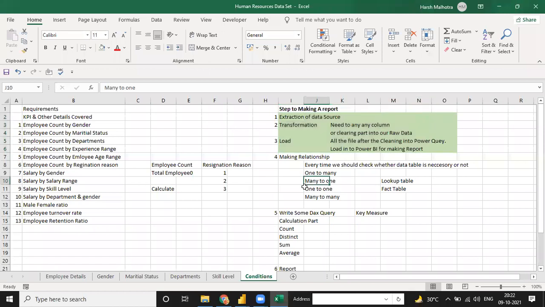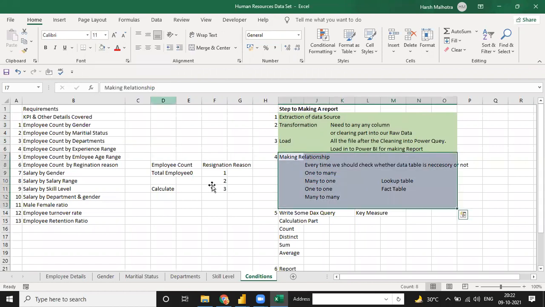So for the next step, we have to make a relationship, and this is a very important part. I just made it blue. Why is it important, guys? Because if you make a correct relationship, it will help you make your reports in a better way. If you make a relationship between unwanted columns, not a matching column, with a different column from one file and a different column from another file, it will not give you the complete feedback in your visualization. Why are we making a relationship, guys?